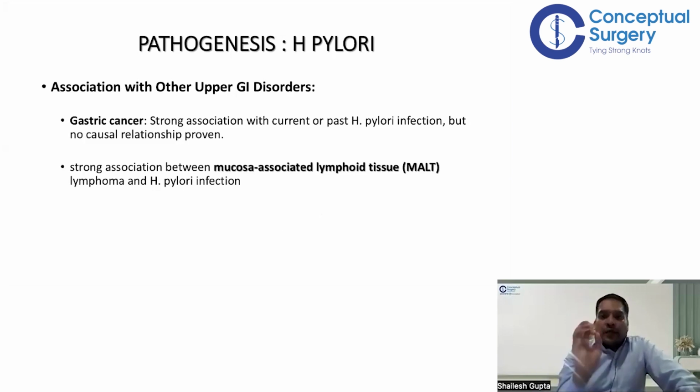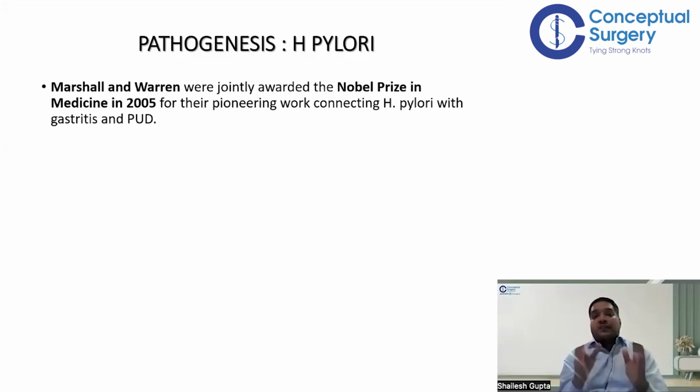So H. pylori, apart from causing ulcer, can also lead to a high chance of gastric cancer. This is a proven strong association of H. pylori with CA stomach, right? And it is also seen that H. pylori also causes mucosa associated lymphoid tissue lymphoma. So बहुत important है कि duodenal ulcer, gastric ulcer तो cause कर ही रहा है. Apart from that, it is also causing gastric cancer. It is also causing lymphoma, MALT lymphoma also, right?